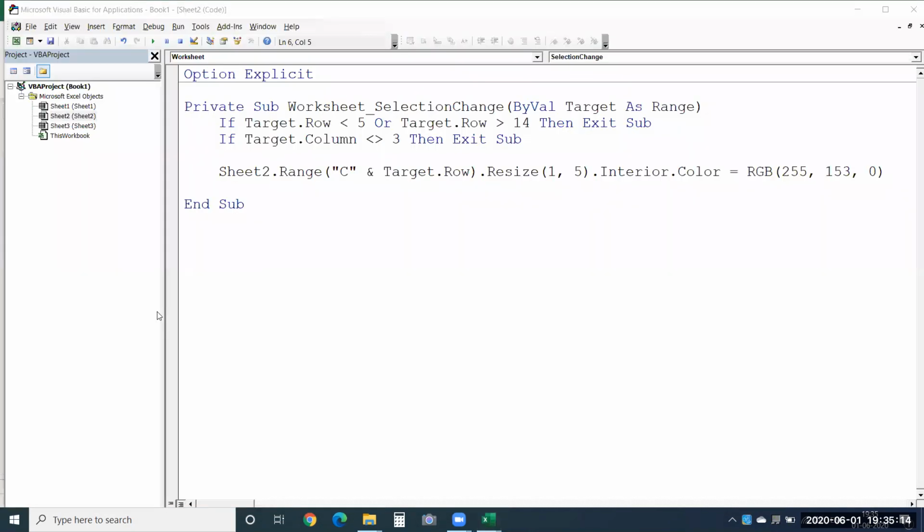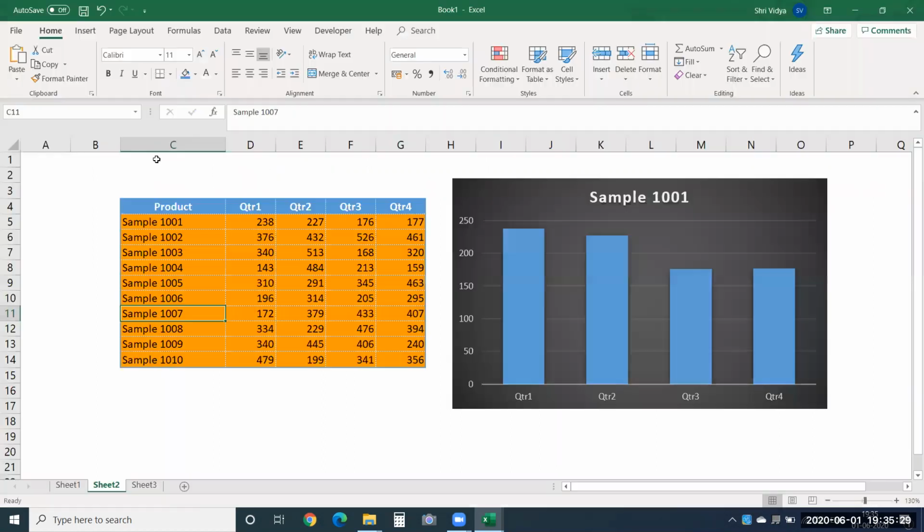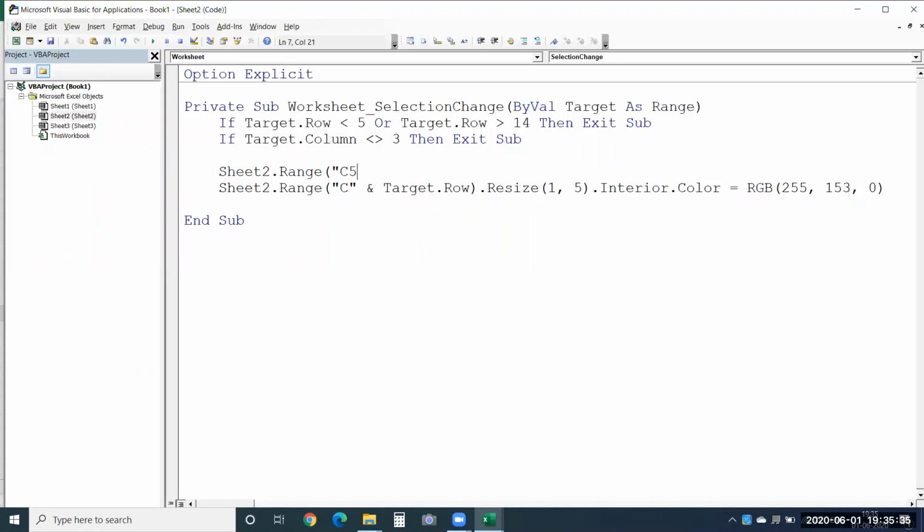Now for that, we have to first remove the color that was applied and then reapply this color only on the cells we require. So I'll say sheet 2 range of, I'll choose the entire range there from C5 to G14. So C5 to G14.